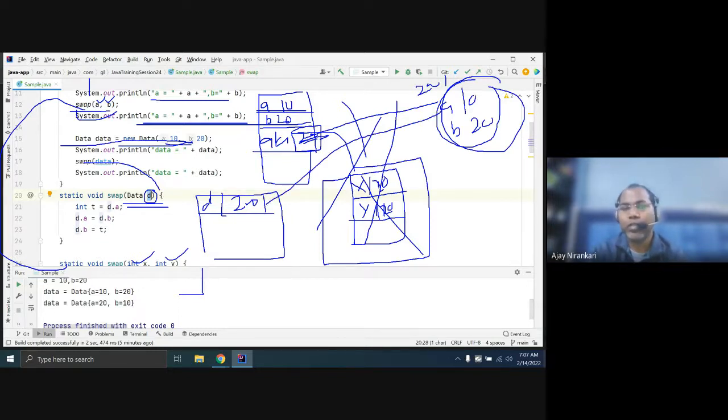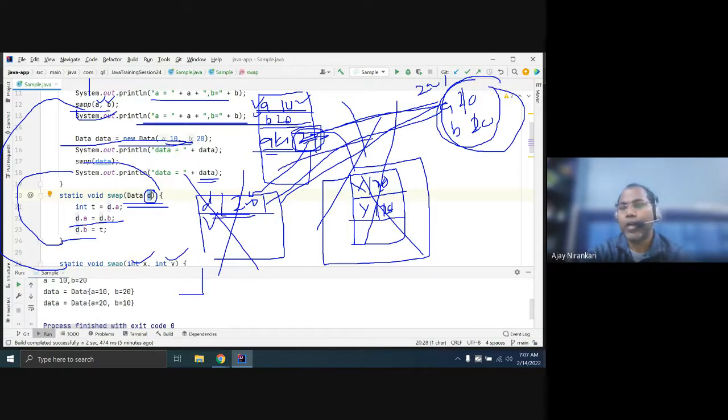So in both cases, whenever you pass primitive data types to a method, they copy the actual value. But in the case of object references, they have some memory address value, a reference value, which refers to the object. Those values are copied here. And again, this refers to the same memory. If you change something here, that means d changes the same object. Now you change 20 and this is 10. After the method returns, this stack frame is destroyed. Now again you print the data, and you get the changed value.